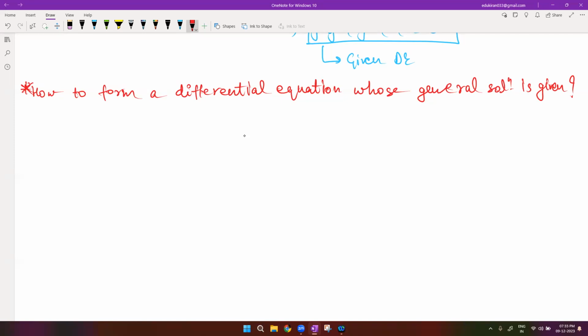So let's say you're given the general solution and you have been asked to find the differential equation of that solution, then how do you find that out? So it is also easy, but you will have to understand first how we are using the general solution to find out the differential equation, right? So